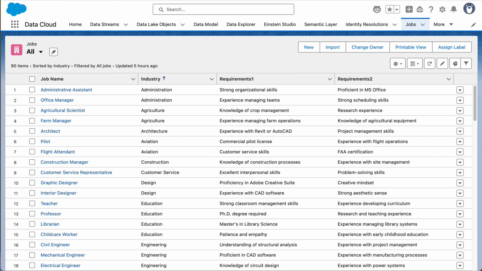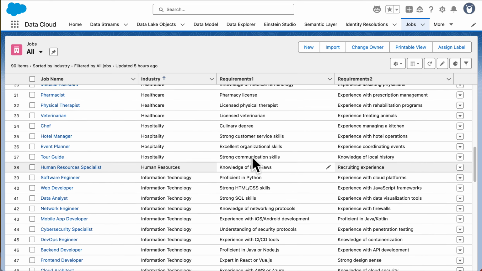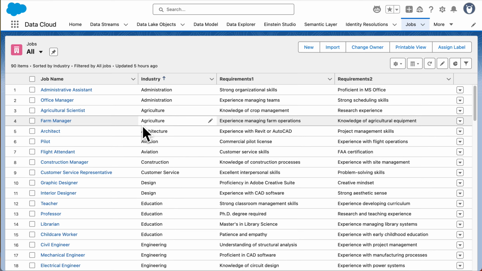For testing and demonstration purposes, a job object has been created and populated with test data, with fields such as job name, industry, requirement 1, requirement 2.